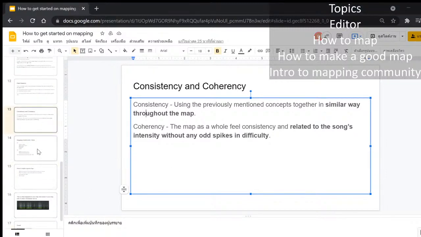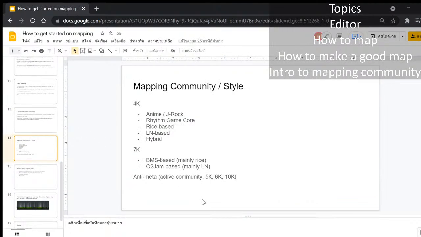Community, I think. It's the mapping community. Actually, when you make some maps and you get to know somebody who is also mapping, you will encounter some mapper circles. Anime will be one circle. J-Rock and anime are very close, yeah, very close. And there's like the rhythm game songs mappers,